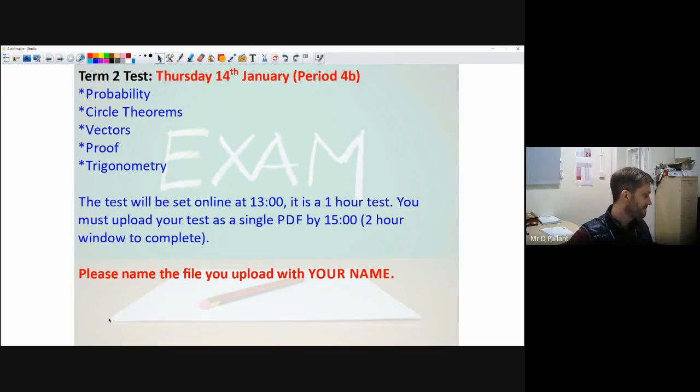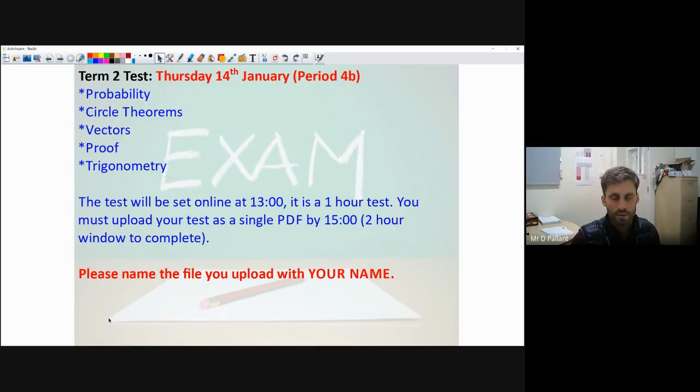I've updated this information about the test, which I've been talking about for the last few lessons. Hang on, I'm just checking my diary here. So the plan's going to be, we're going to do the test on Thursday. It's going to be in period 4B, which is when our lesson is. It's the same test. It's not been updated, so it doesn't include things that we've been doing so far this